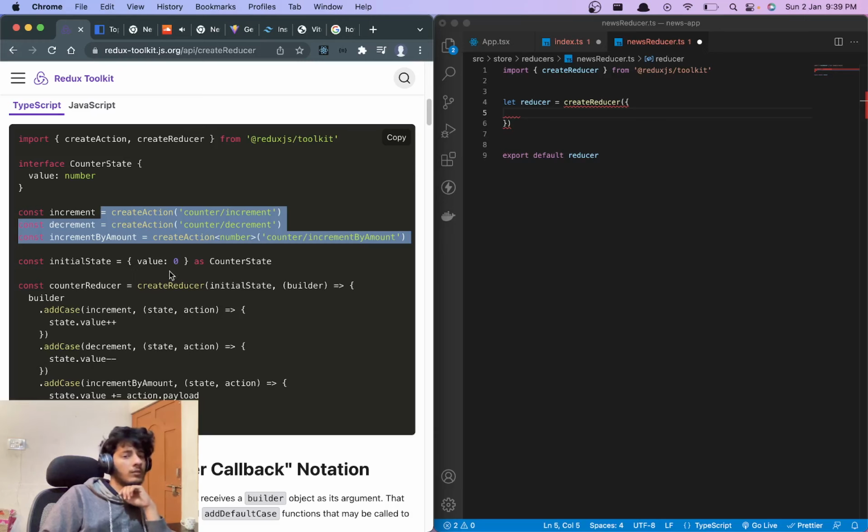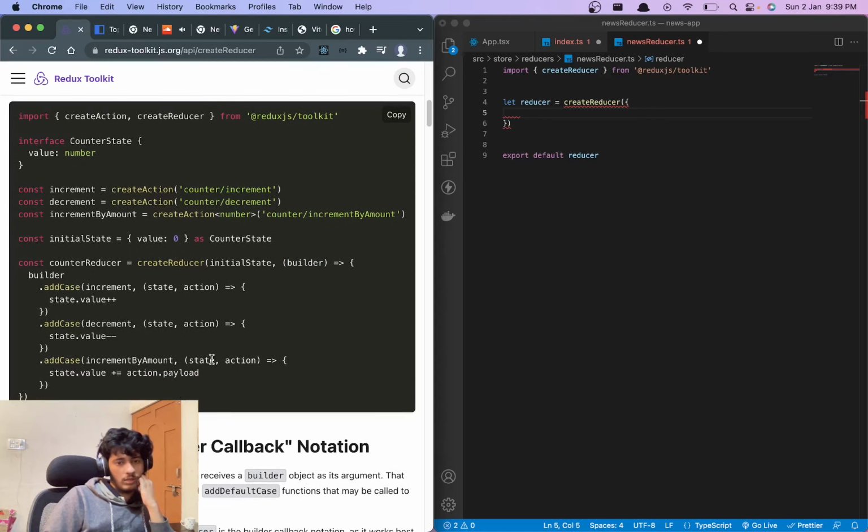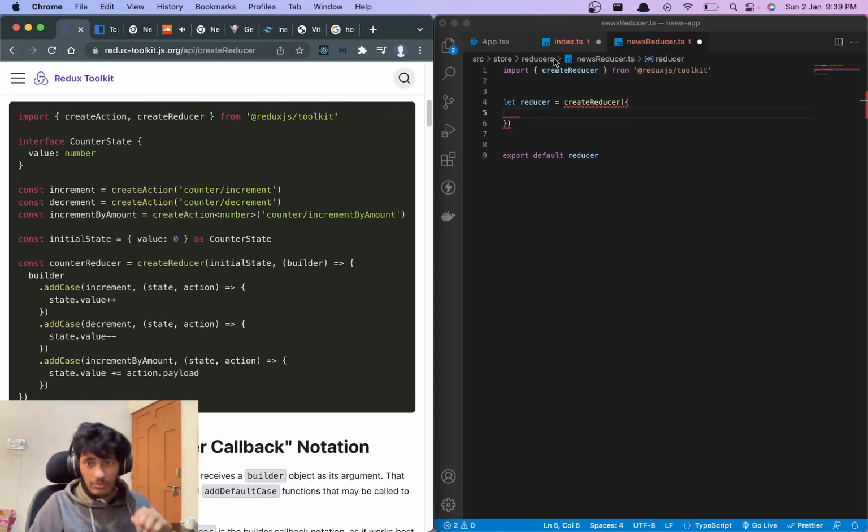These are the functions which you create an action for. Then what you do is you pass an initial state and then you say builder. Okay, that's what you get, and then we just keep on adding. Okay, that's cool.